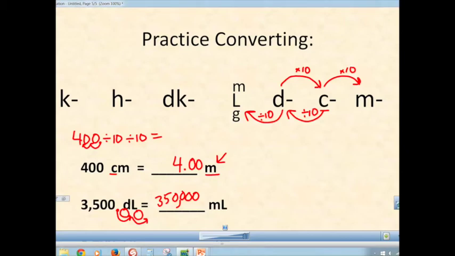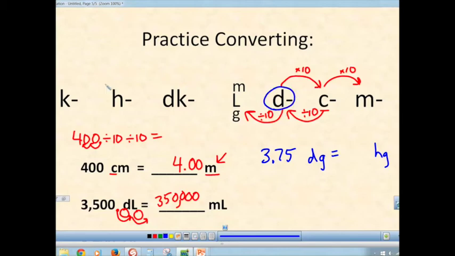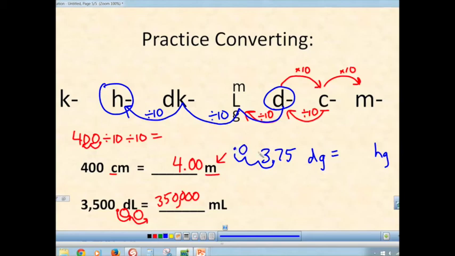Let's do another example. This time we'll do it in blue. Let's say we had 3.75 decigrams and we wanted to convert them into hectograms. Well, here's deci and there's hecto. So I need to go to the left 1, 2, 3 spaces. So I divide by 10 repeatedly, 3 times, and then I move my decimal once, twice, 3 times, plop, put it right there, add 2 zeros in this case, and I get 0 and